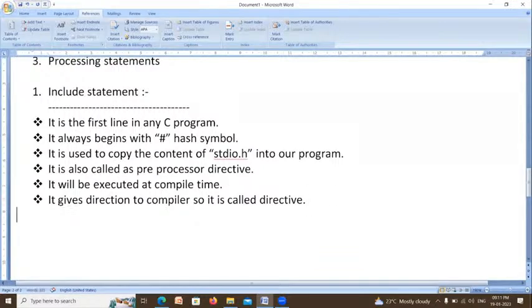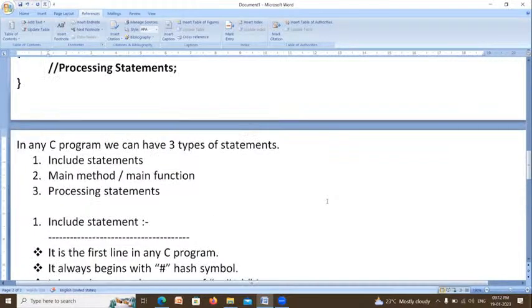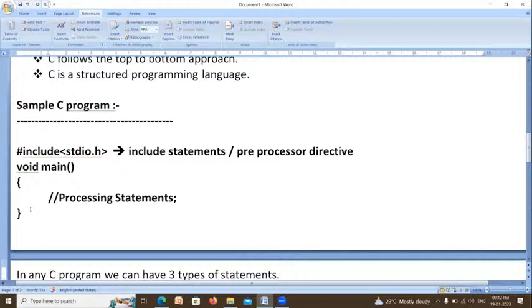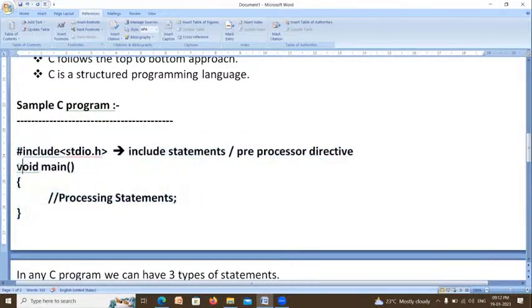Now, what is the main method? What does main method or main function mean? In your program, suppose you write 1 lakh lines of code. From those 1 lakh lines of code, your program's execution always starts from void main.